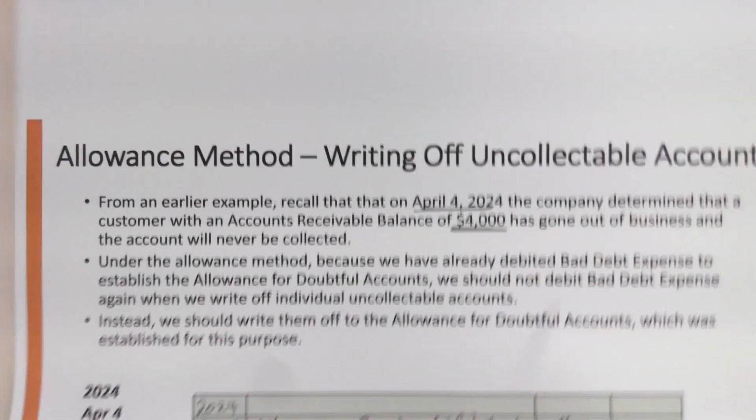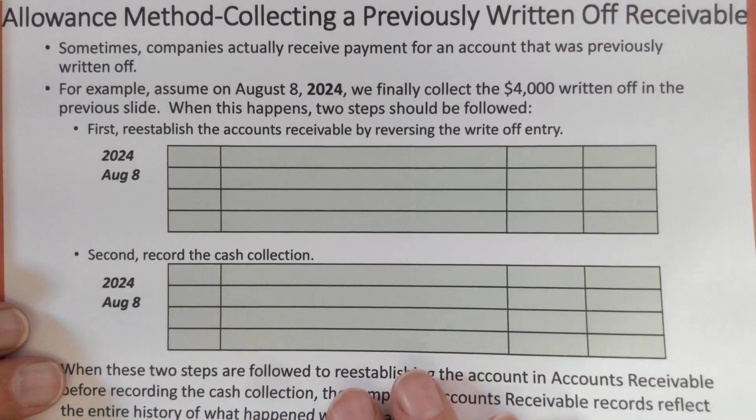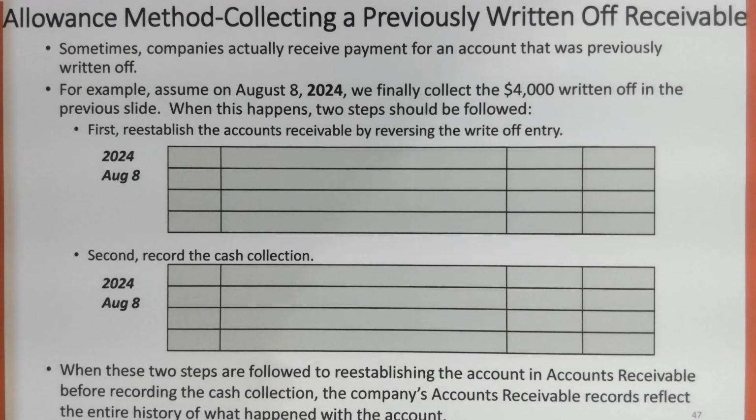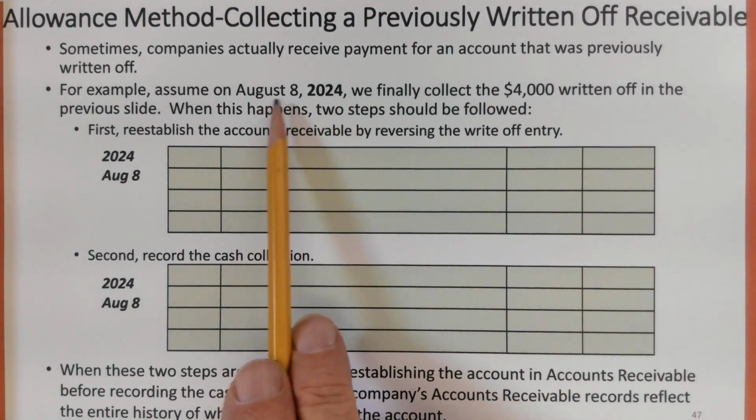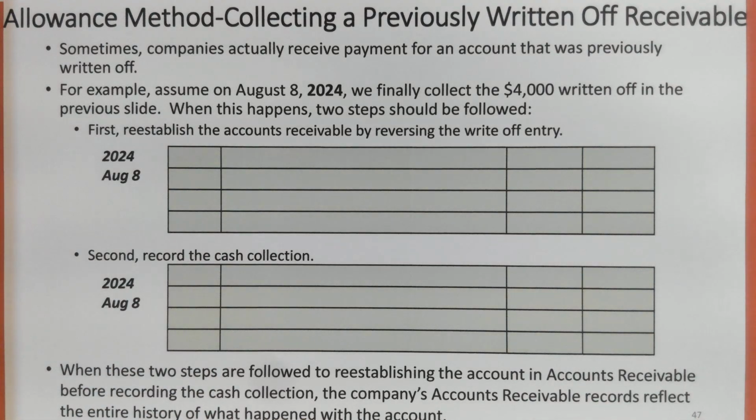Now, what happens if the customer finally pays? So let's say, lo and behold, August 8th of 2024, 8/8/2024, a very nice date. The customer shows up and says, listen, I'm so sorry, we ran into some problems, we're unable to pay our bills for a while, but we want to pay now. Oh, we already wrote that off. We don't want the money. Oh, no, don't say that. Oh, thank you so much for making your payment. We really appreciate it. So they go ahead and give you the $4,000 amount,